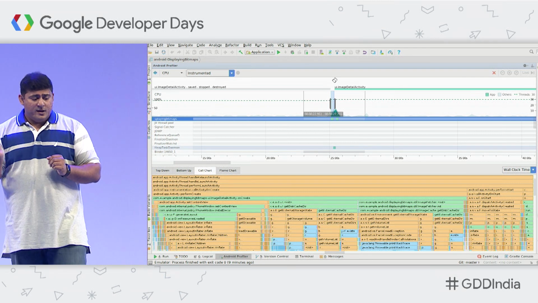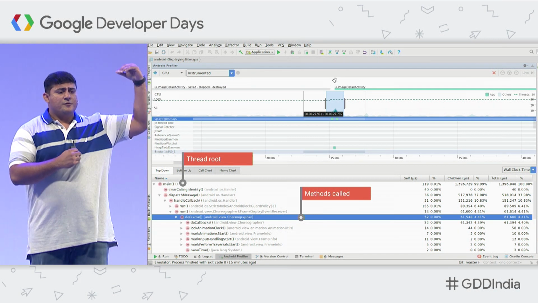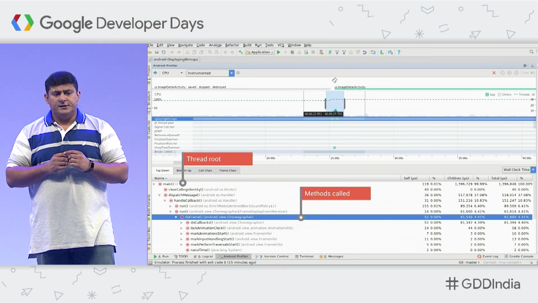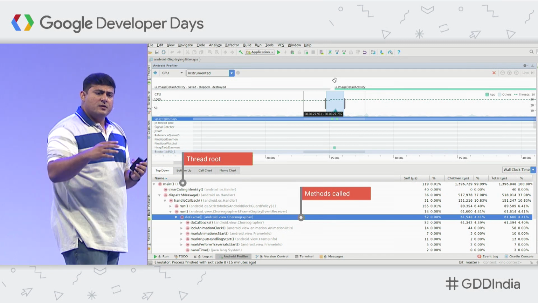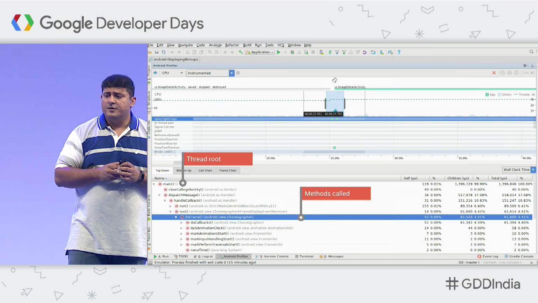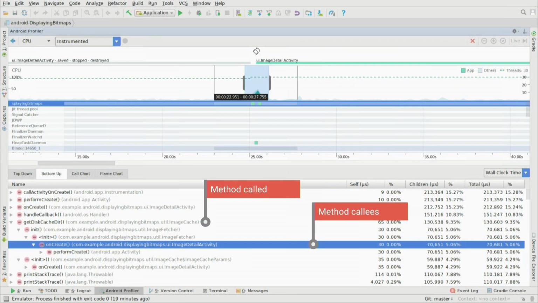This is not the only way you analyze. You can also see a top-down approach where you start from the top thread in your application, and you can see all the way down to the final invocation. This could be used when you want to trace a path and see all the functions that are being called and what effect they have on the CPU. The other one is a bottom-up approach. Now that you've identified, hey, this function is a place where I'm going to optimize, how is this going to affect things? Who is calling this one? So you take that function, and you can do a bottom-up approach. That is this particular screen that I'm talking about right now.